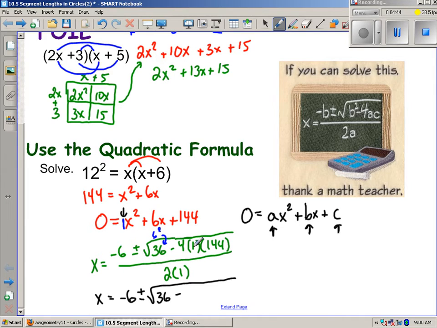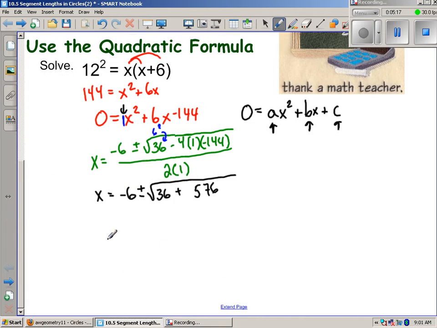oh, oops, that should be a negative 144 up here in the problem. I messed up when I subtracted my 144 across the equal sign. So that should have been a minus 144, which changes this in here to a negative 144, and therefore 4 times 144 will give me a negative, let's see, 6 and 7 and 5. So it's positive 576 because a negative times a negative, and so if I combine, and then all of this is still over 2, and so if I keep simplifying this, I'll end up with, it looks like